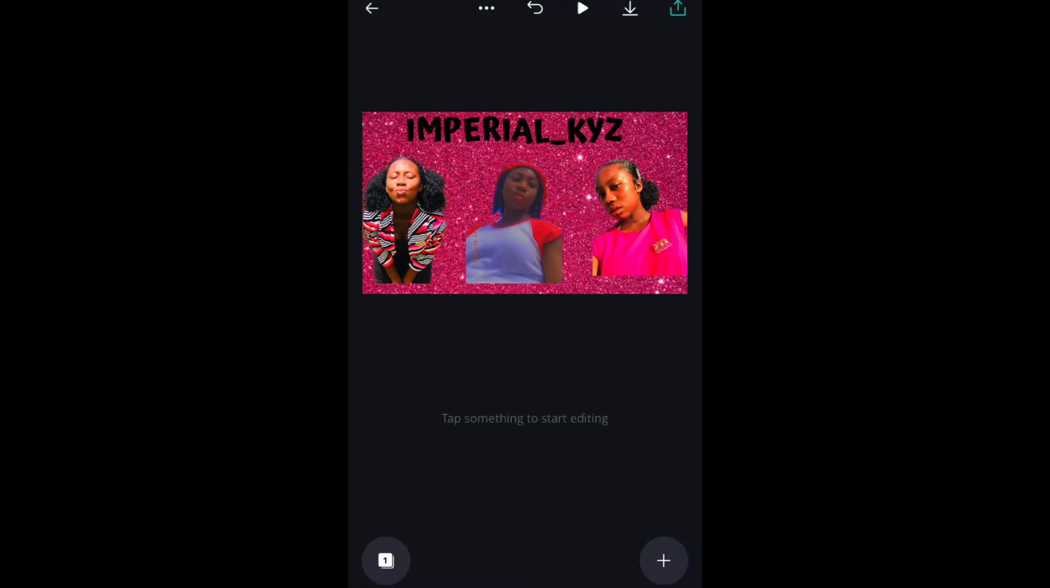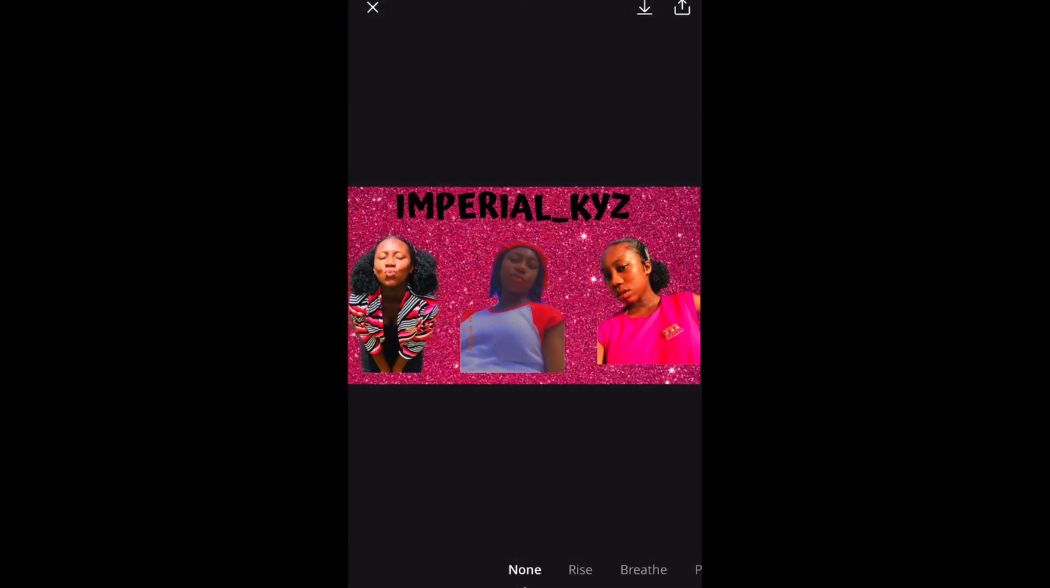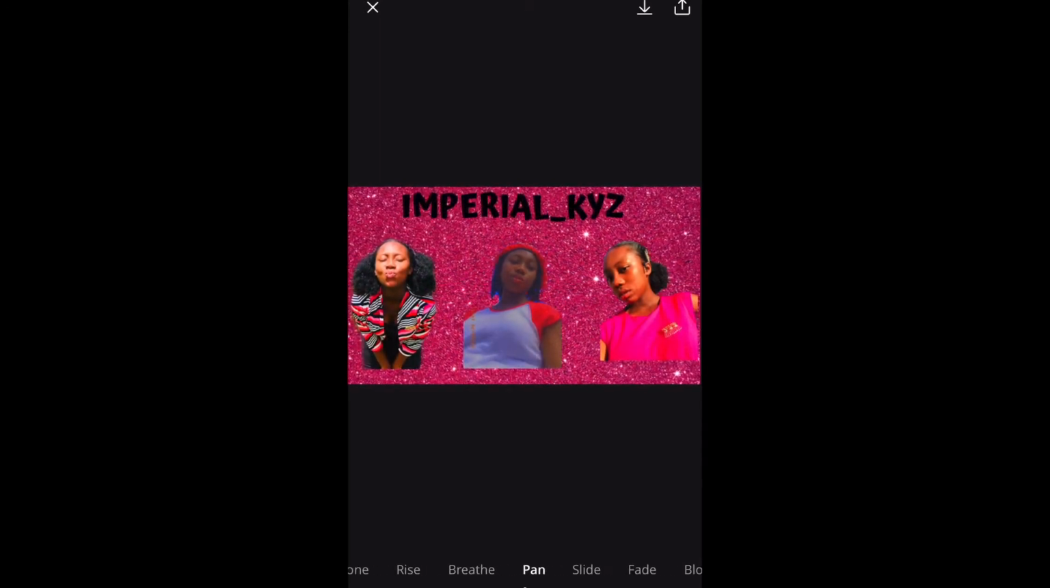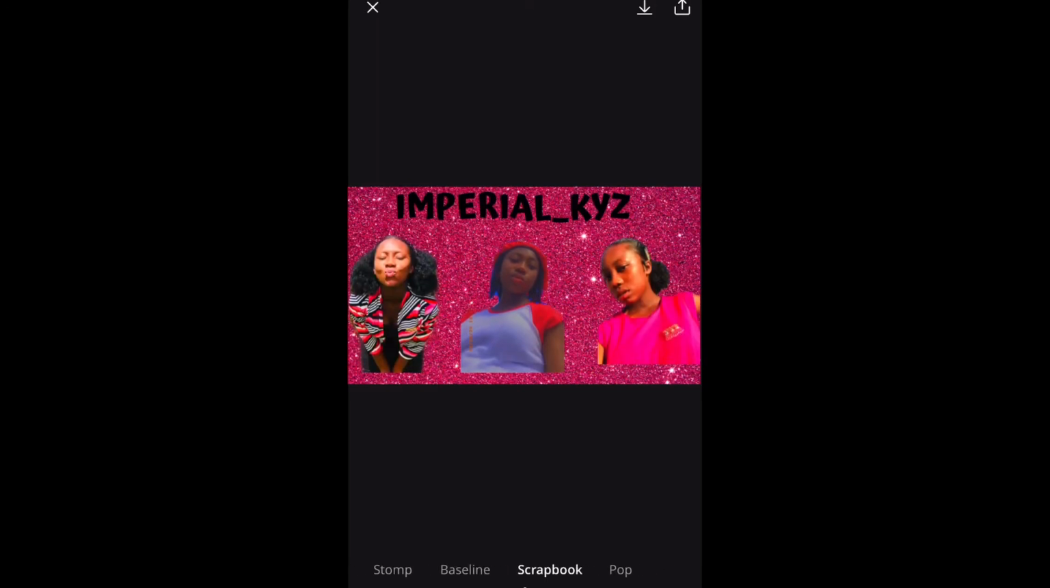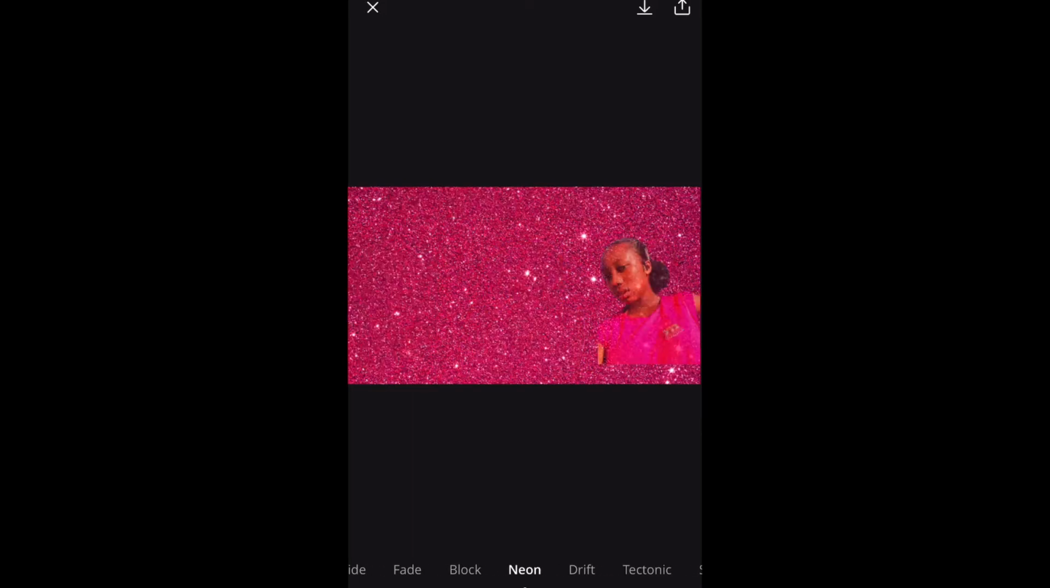Then you are going to look carefully at the top of the screen. You are going to click the triangle you see. The triangle is for making your picture turn into a little 5-second video. So you are going to brush through any of the features you see. There is slide, fade, block, neon. Any one you pick will give the video a different effect. There is tectonic, baseline, scrapbook, and pop. You choose any one of those features to make a little 5-second video